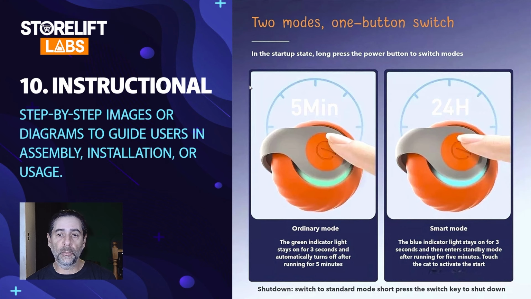Instructional images show people how to use your product or assemble it, etc. And these are really important again to prevent unnecessary returns, right? Because especially if you have a product like this that's kind of nondescript, it's not self-explanatory. So you want to make sure that you include this so everybody knows exactly how it works and how to make it work.